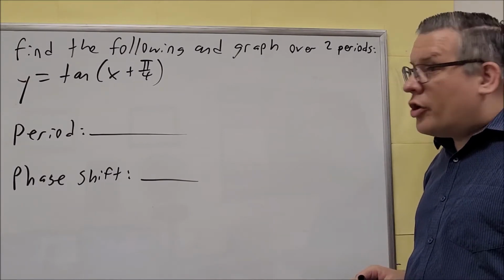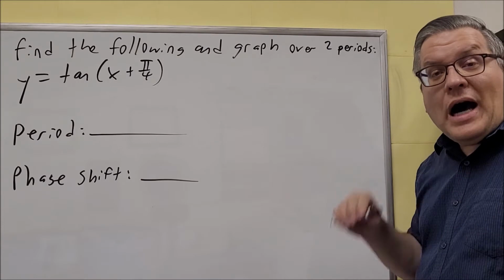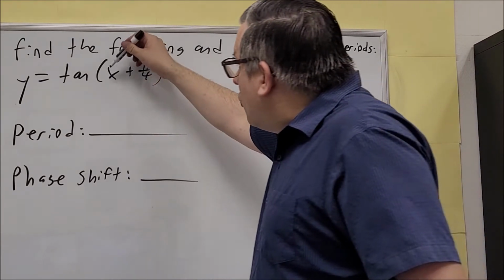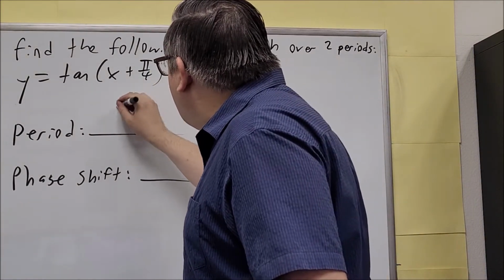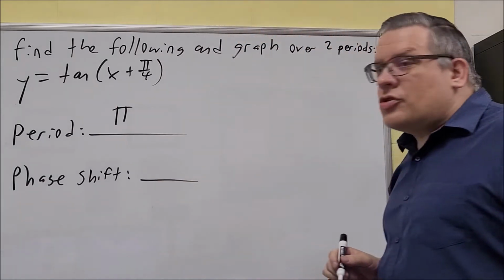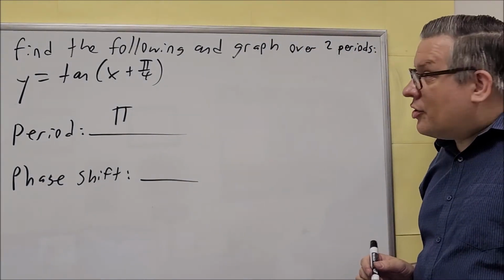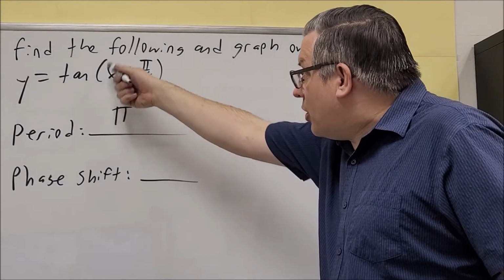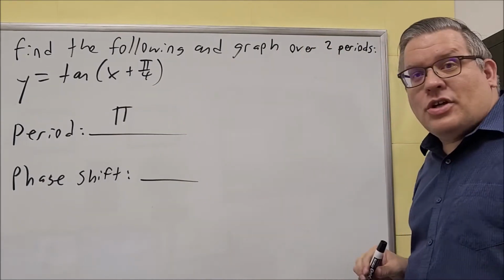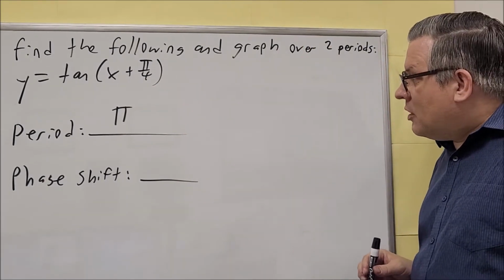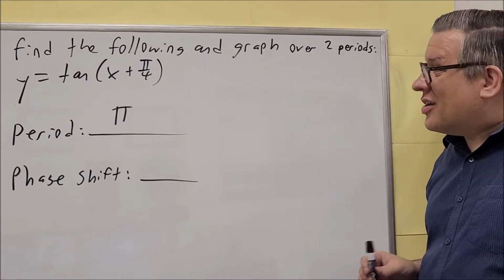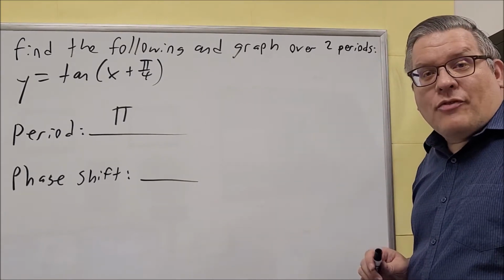The period is going to be, the formula for it is pi over b. So in this case, there's a 1 in front of the x, and so the period is just going to be pi. So again, I just did pi divided by the 1 in front of the x, and that's it. All right, now phase shift, because this is a tangent, we have the c over b, but